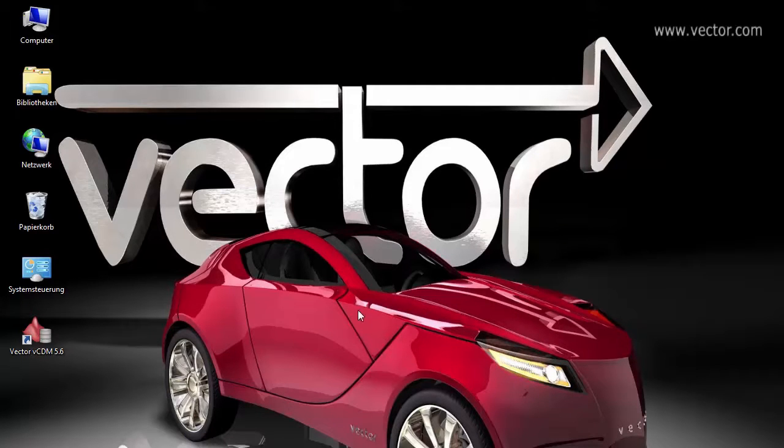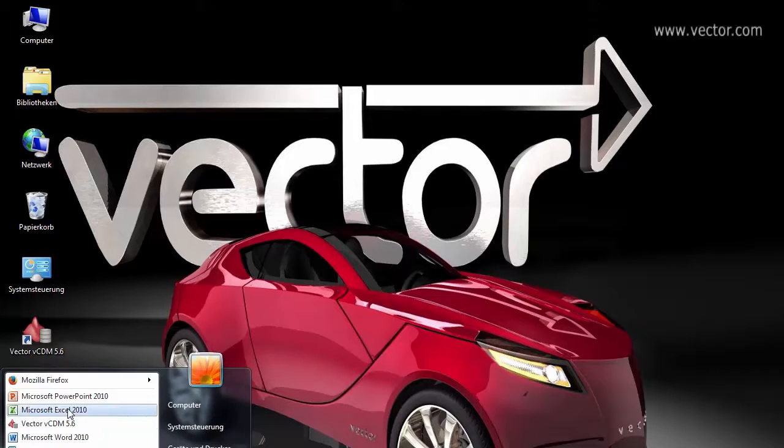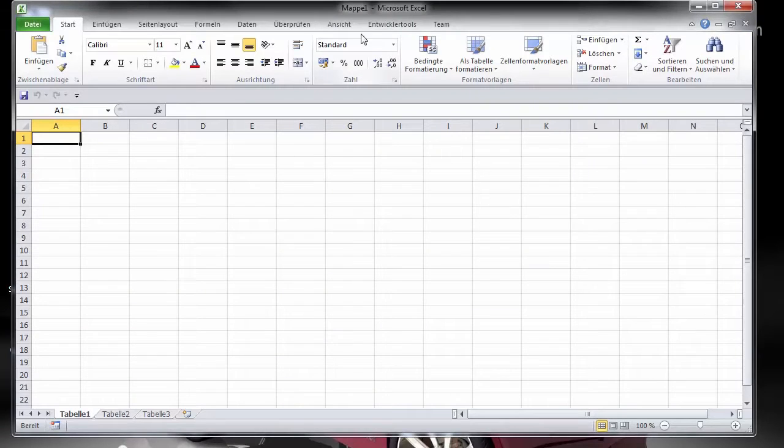Okay, then first let's start with our COM API example accessing Vector vCDM from outside. In this example, we just use Microsoft Excel and the VBA of Microsoft Excel, but you can use multiple applications which support communication via COM, so you are not bound to Excel for sure. Okay, first of all,